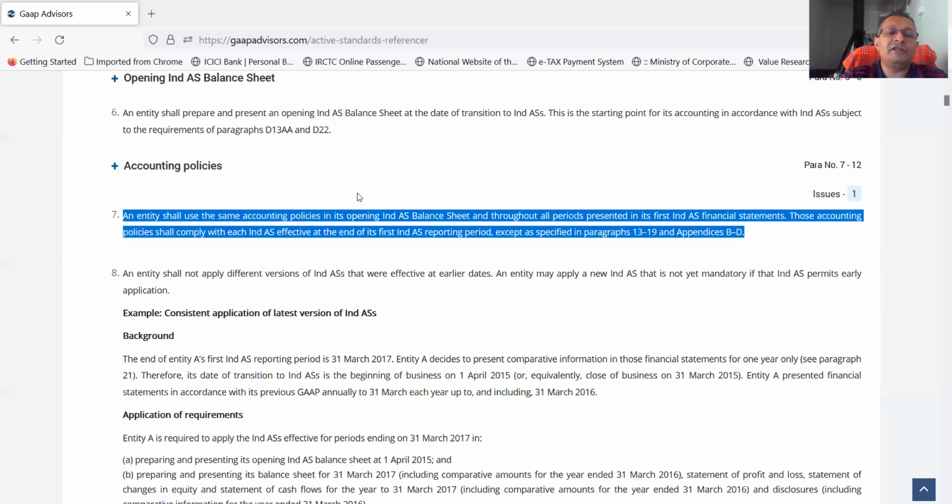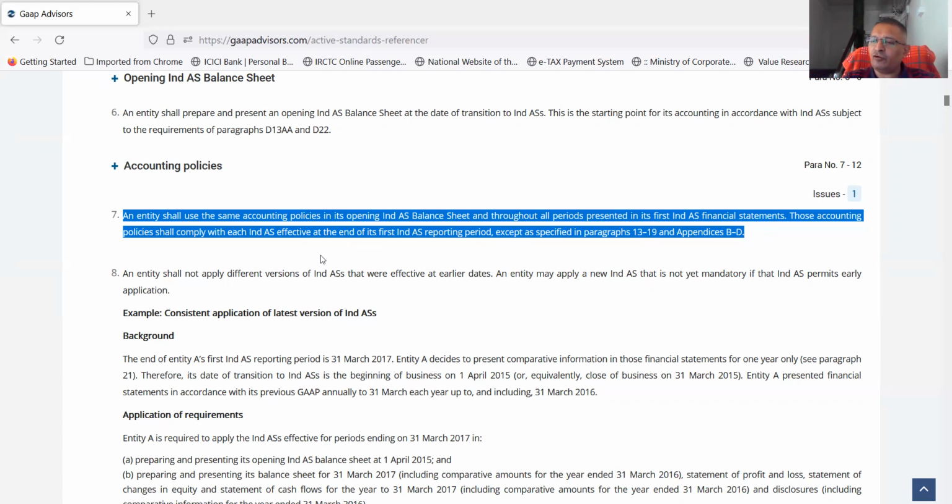Those accounting policies shall comply with each Ind AS effective at the end of its first Ind AS reporting period, except as specified in paragraphs 13 to 19 and appendices B to D. So, para 7 requires a company to first decide what will be its accounting policy,